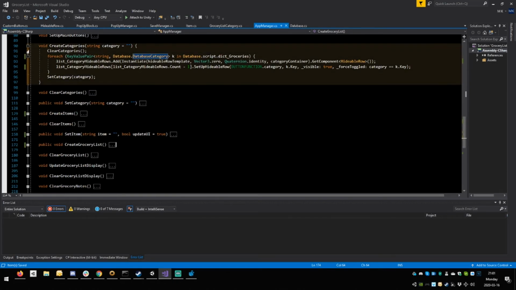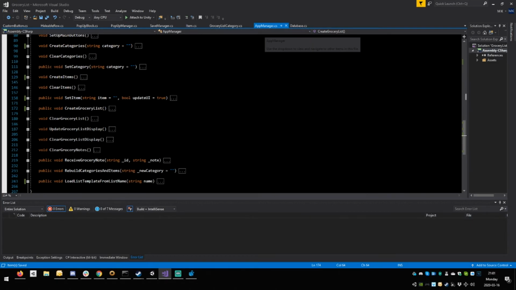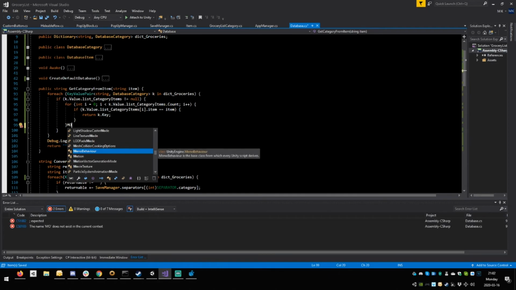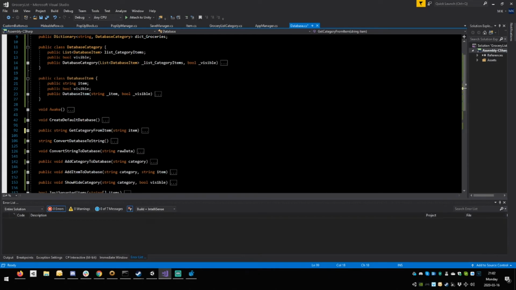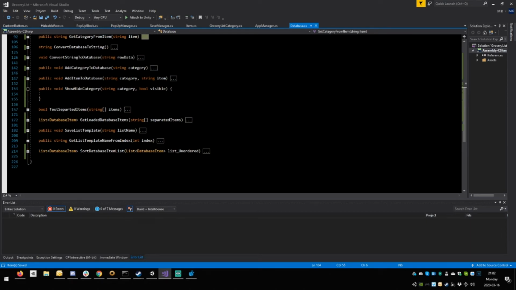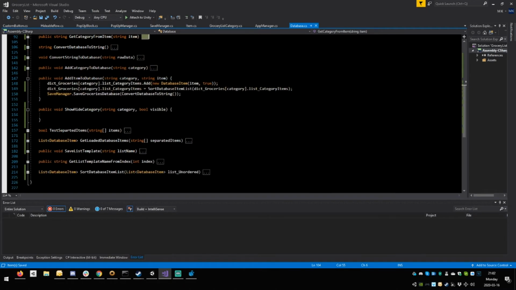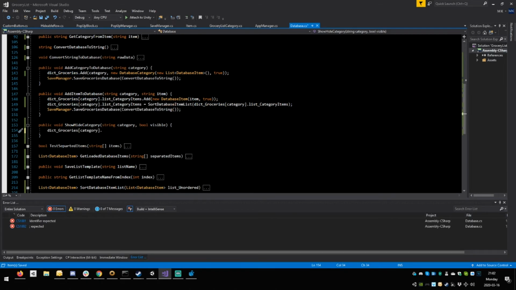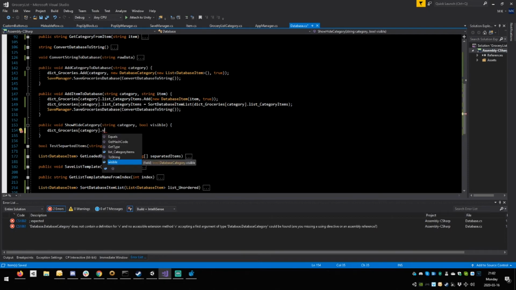But we are very close to being done, even though we're quite a lot longer than usual, but we're just going to carry on. So, this is done, this is done. Control MO, save. Now, where we left off is this, show hide category. And we also have this for now. So you would go to dict groceries category, so copy this, paste, dot visible, tab, equals,